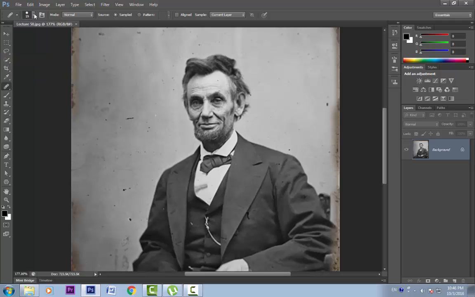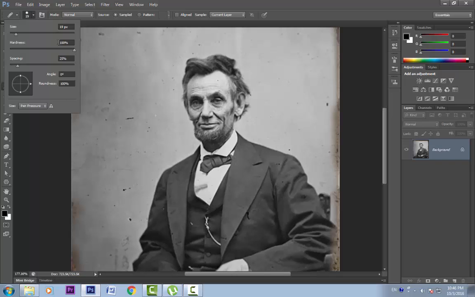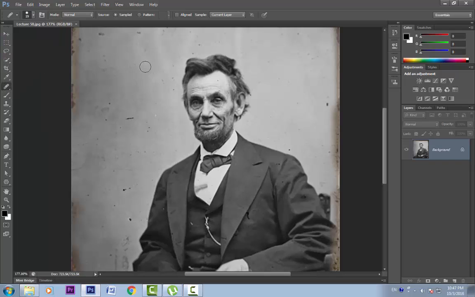This is the brush engine. Now this brush engine is different from the earlier ones. It has very limited options, just the size, hardness, spacing and this icon to set the brush angle and the roundness like so. As we saw in the earlier lesson, this will set the angle and this will pinch the roundness. We can also tell the healing brush to control the size of the brush by pen pressure or by stylus wheel. Now let's start healing some of the areas here.